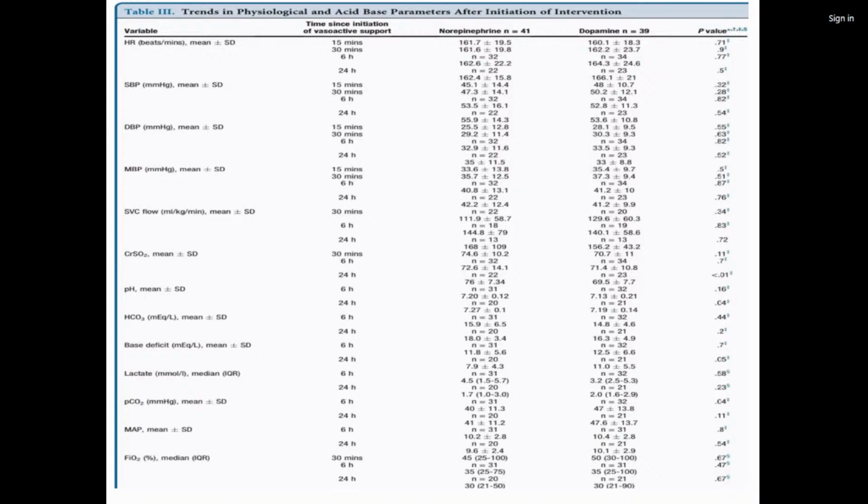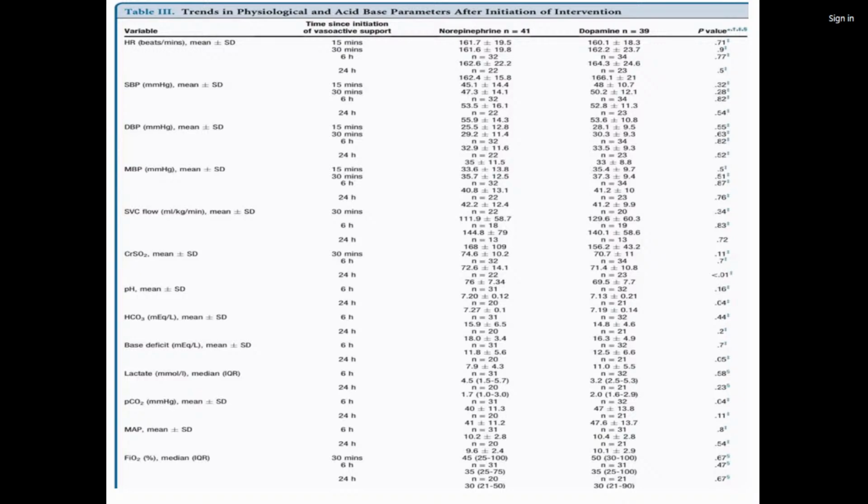After the initiation of dopamine and norepinephrine, at 30 minutes and 6 hours there's no statistically significant difference, meaning both are comparable. But at 24 hours of starting the inotropes, we can see the p-value is significant. In the norepinephrine group 76% is showing good cerebral tissue perfusion as compared to dopamine, which is showing very less tissue